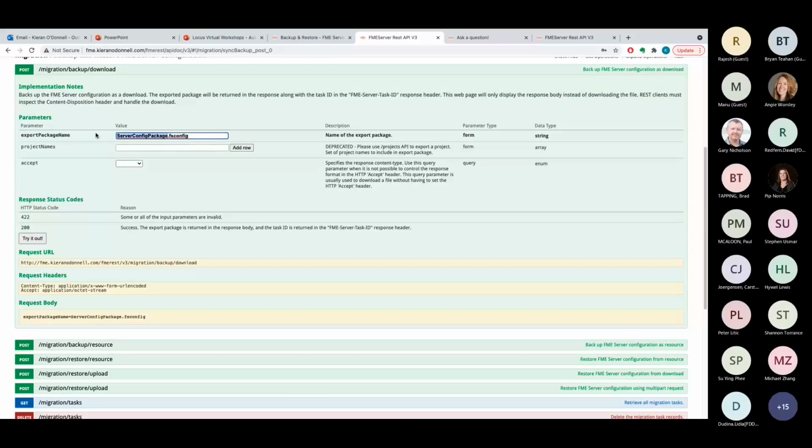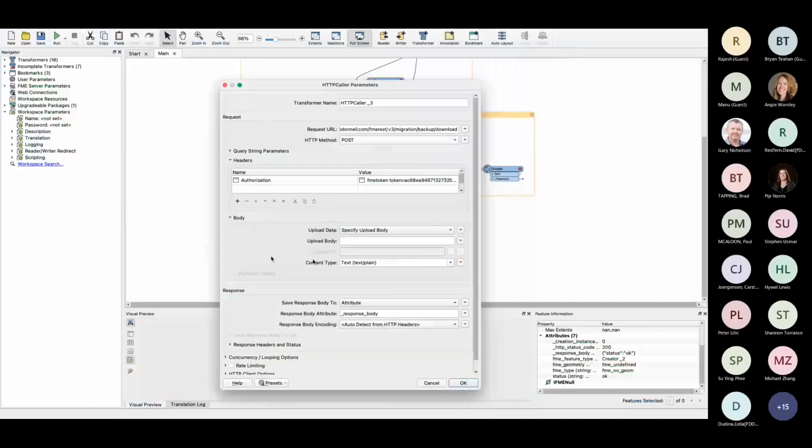If I change that to automating automation, you see it's updated it for me nicely. And .fsconfig is the extension which FME uses to export configuration for an FME server. So if I copy that and choose that into my request body,